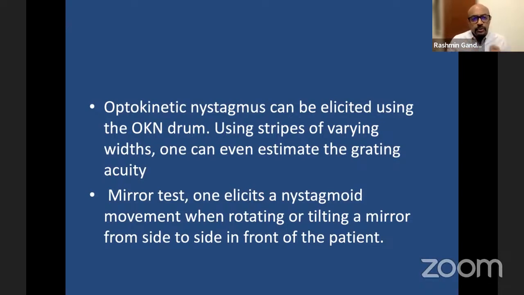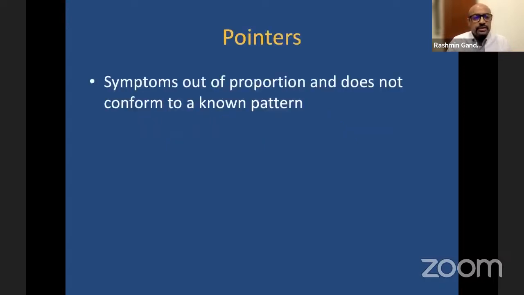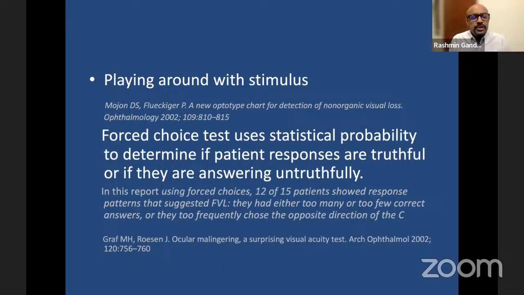In the mirror test, you rotate a mirror in front of the patient, and the patient would have a nystagmus movement if he has vision in both the eyes. So that's about binocular profound loss of vision. What about somebody who says it is just blurring, not really blindness? Here, the pointer would be symptoms which are out of proportion and do not conform to a known pattern. For binocular blurring of vision, there are Snellen's charts available, which you can keep playing around with to